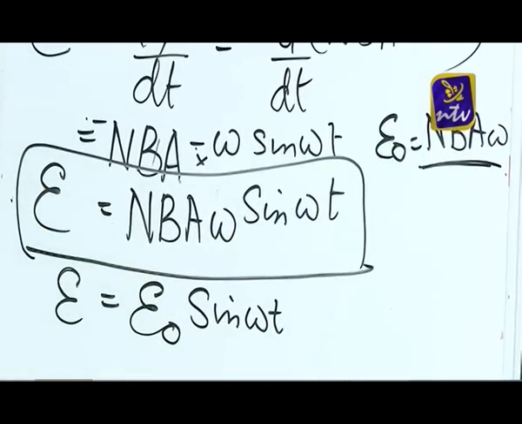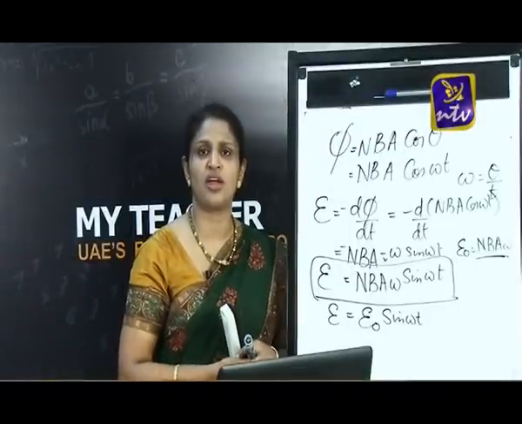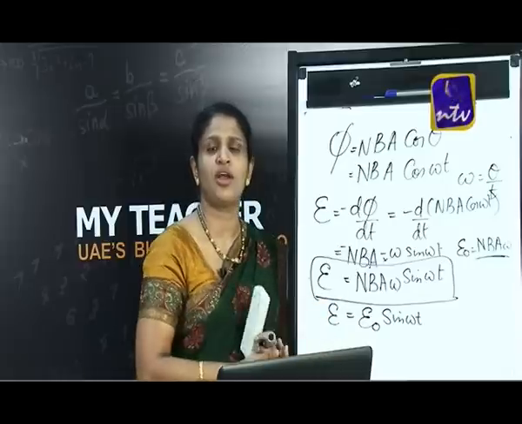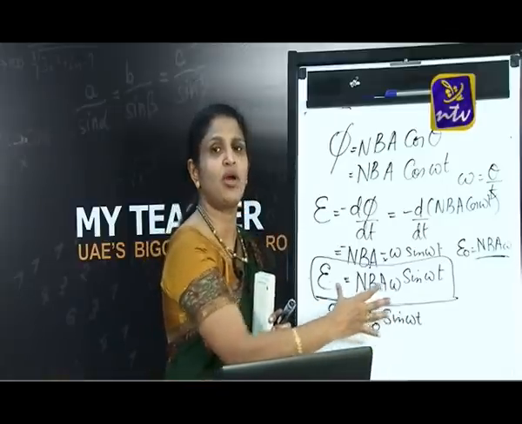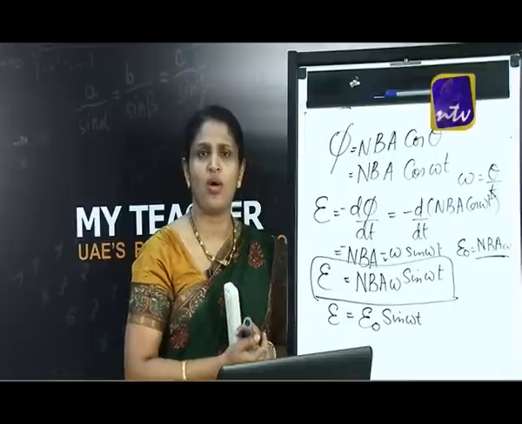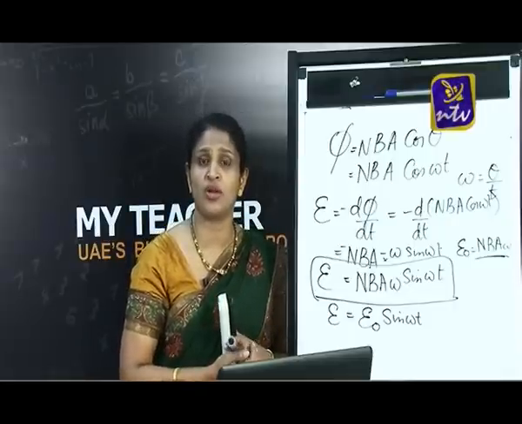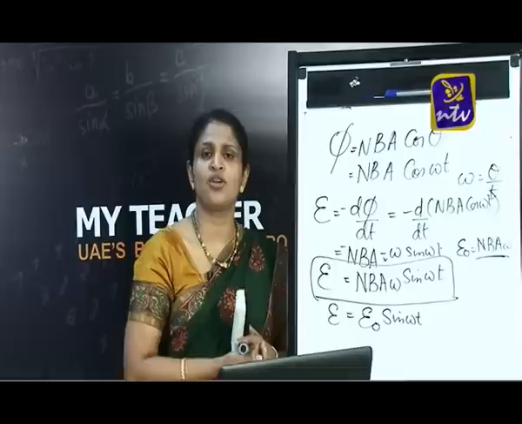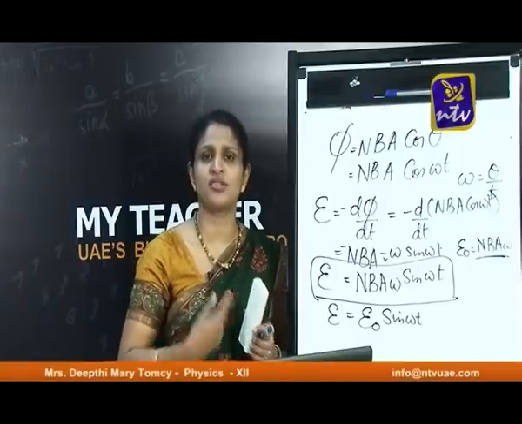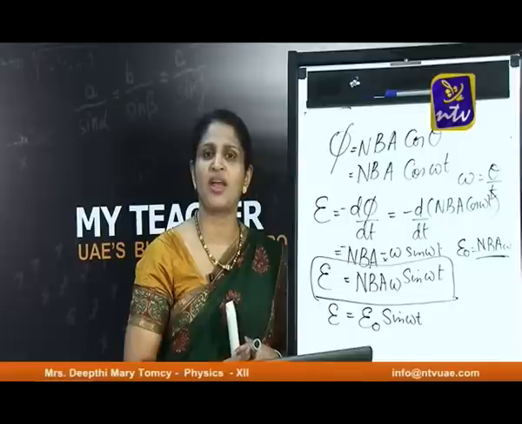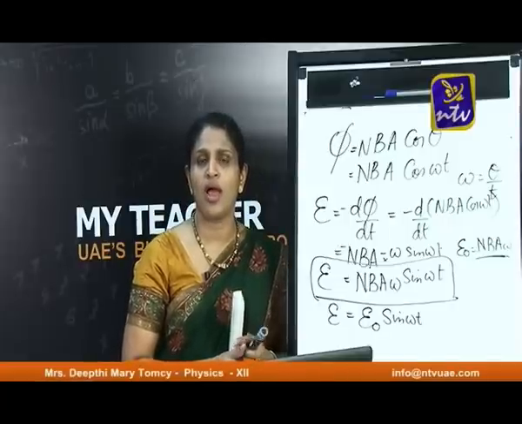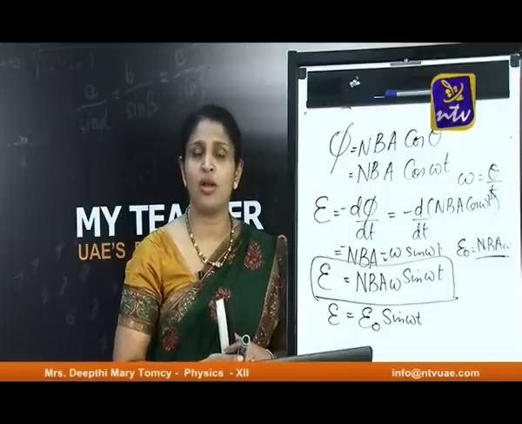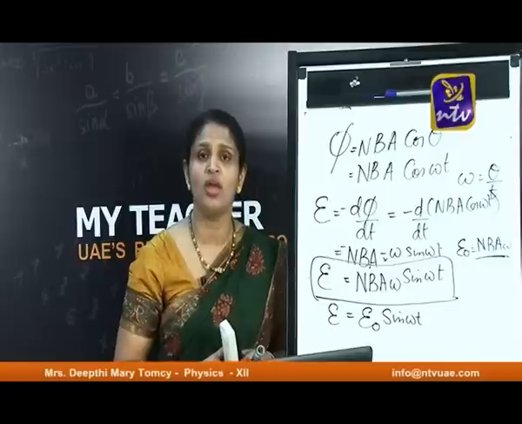According to physics, the equation's left hand side and right hand side should have the same dimensions or same unit. If the left hand side is in volts, then the right hand side also should be in volts. That means NBA omega also should have the unit equal to volts. N is a constant for a given coil, B is a constant for the given field, and A is a constant for the given coil, and if you are rotating with the constant angular speed, NBA omega is the maximum EMF induced in the coil, and this EMF changes due to the change in magnetic flux linked with the coil by changing the orientation with respect to the coil.